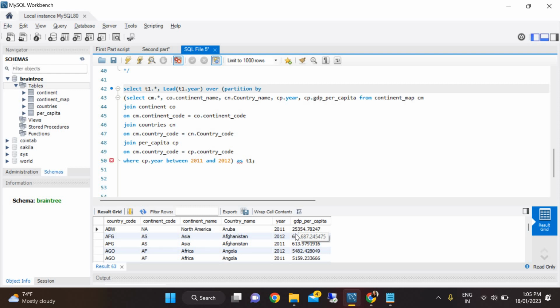One thing we have to see when we are doing partition is that we have to do it according to continent name as well as country name. Because if you apply the window lead function only for continent, then suppose we take the example of North America, what all countries are there in North America,